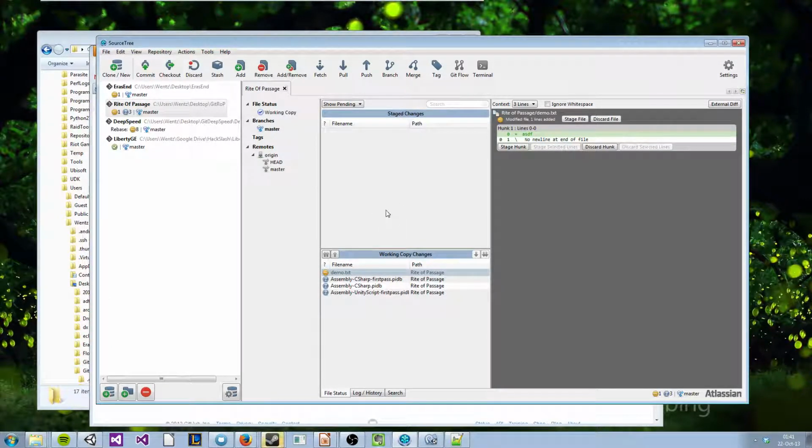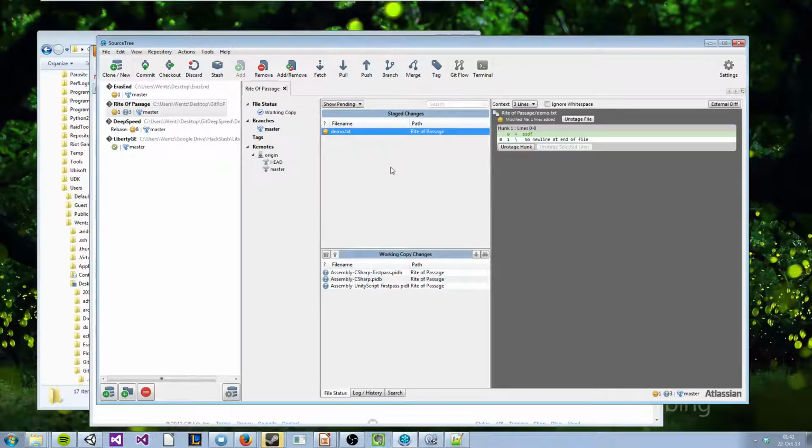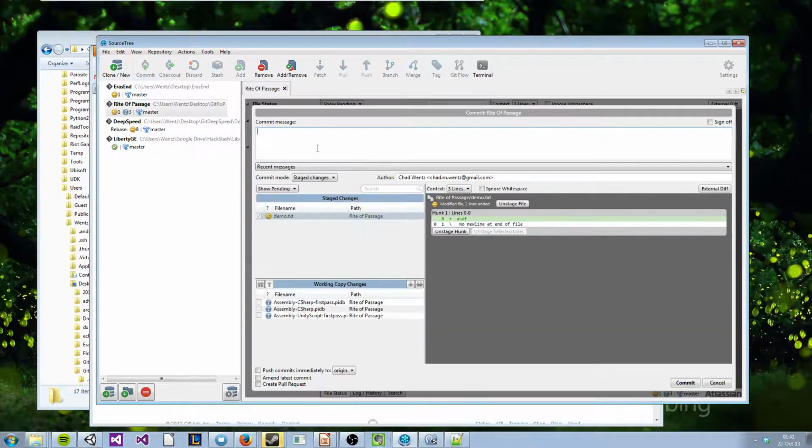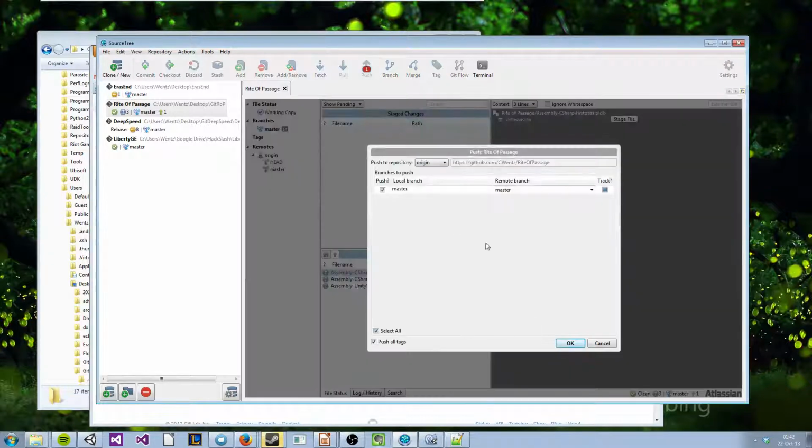You can stop tracking. You can commit it. I'm going to add to the index so that it's staged. And then you can commit it. And then just type your message for whatever your commit is. You can push it immediately to the origin, or you can just commit it, and it's not sent to the GitHub server yet, or to wherever your master or origin is. And so I'm going to push it,